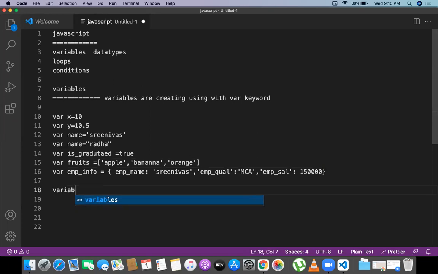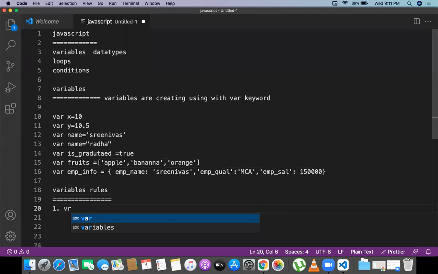First of all, whenever you want to create variables, we need to follow some rules and regulations. What are the different rules for variables? The first rule is variables should not start with a number.